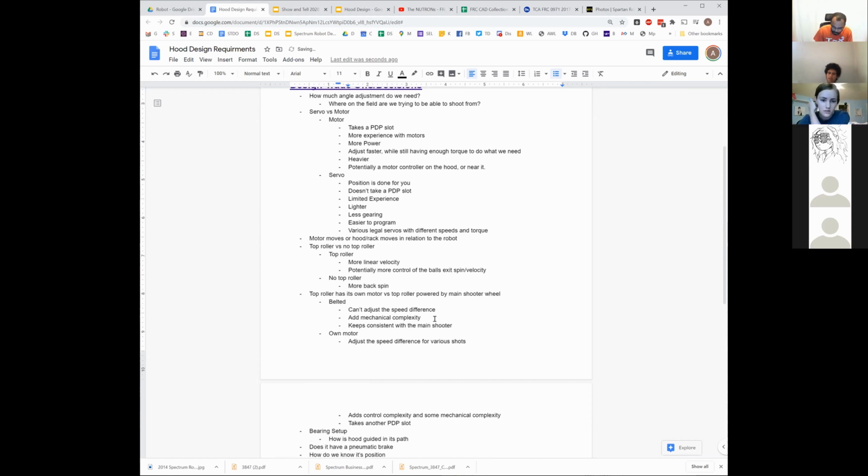If they're mechanically linked, they're going to be spinning at the same proportion at all times, even if the control loops aren't adjusting at the same speed. Because you can imagine if they're on two separate motors and we fire and they're going at the speeds we tell them to go to. As we push a ball through, both motors are going to slow down, right? And then have to reaccelerate. When that next ball comes through, we don't actually know